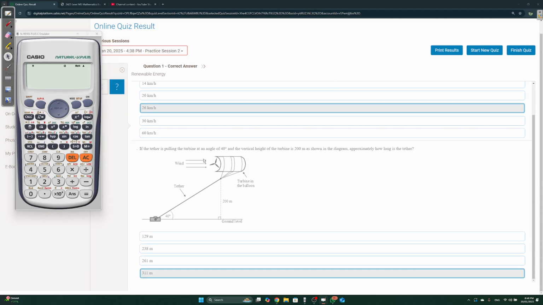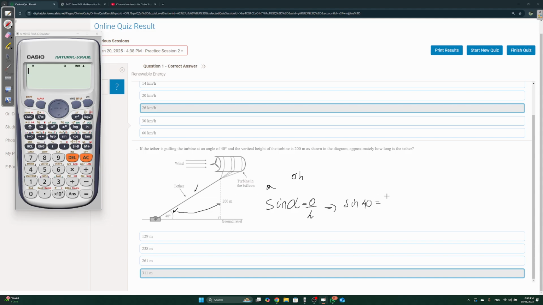If the tether is pulling the turbine at an angle of 40 degrees and the vertical height is 200 meters, approximately how long is the tether? This is a simple trigonometric question. You have an angle, you have the opposite side, and they want the hypotenuse. Obviously, we're going to use sine of the angle because sine of any alpha is equal to opposite over hypotenuse, right? So sine of 40